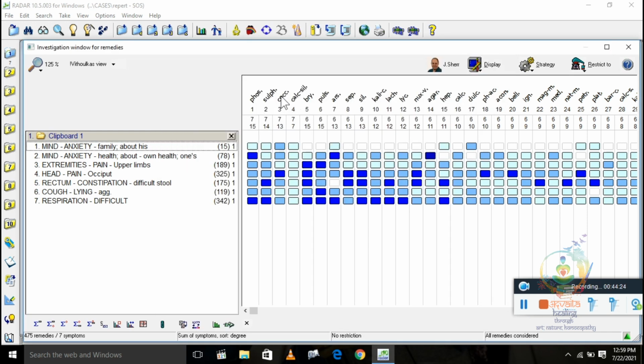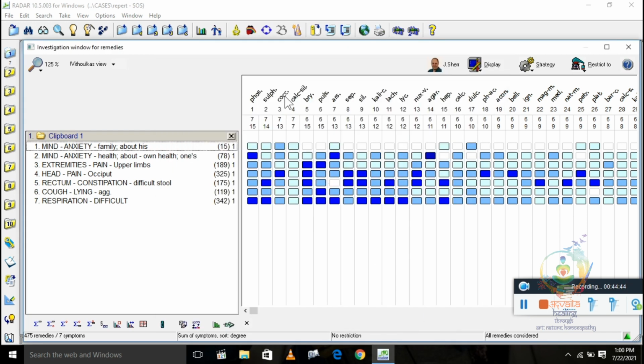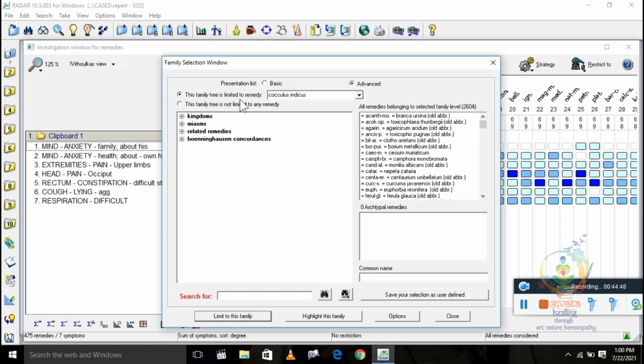Now you don't know the particular kingdom of this medicine, from which family, which subfamily, which kingdom it belongs to, then you just double click on it. Just take your cursor to the name and double click on it. Now you can see the kingdom appear.